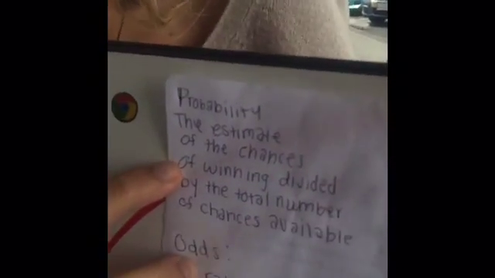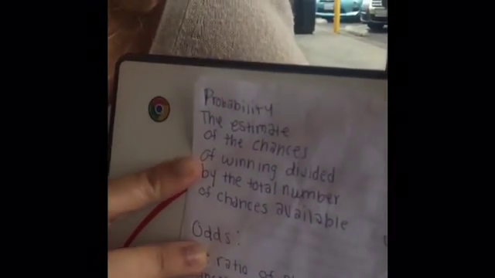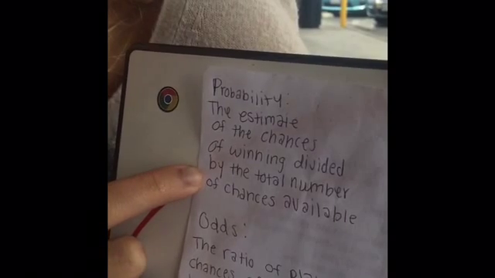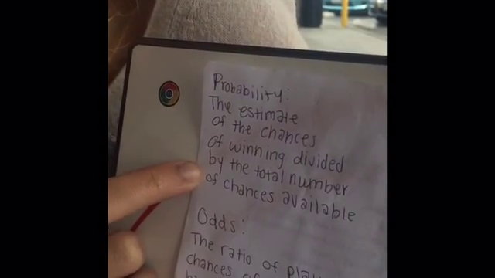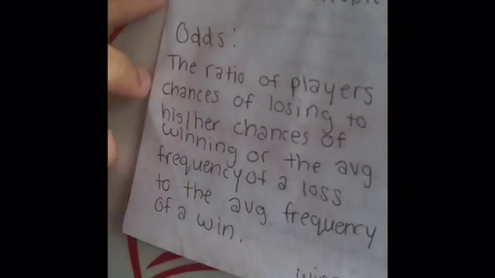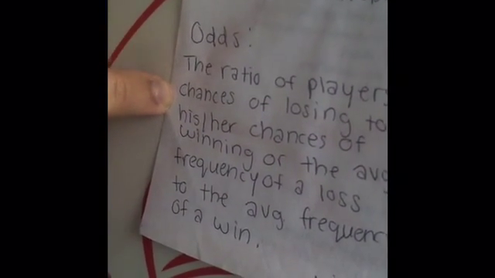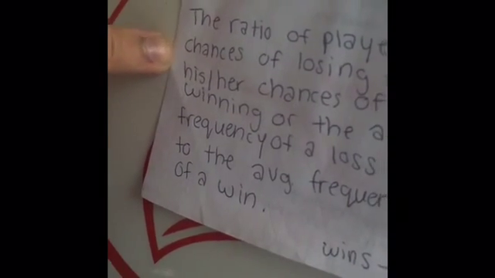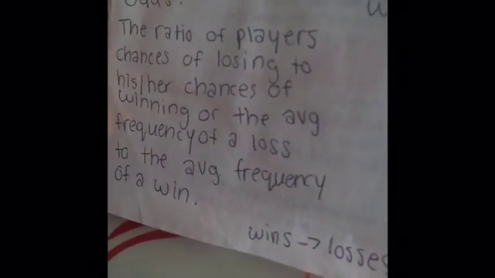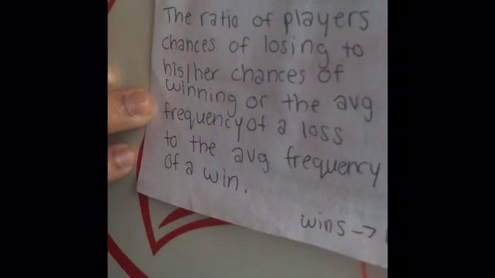Okay, hi Mr. Suhu. So now we're going to go over probability versus odds. So probability is the estimate of the chances of winning divided by the total number of chances available, while odds is the ratio of a player's chances of losing to his or her chances of winning, or the average frequency of a loss to the average frequency of a win. Now, odds are more of a wins to losses type of thing,